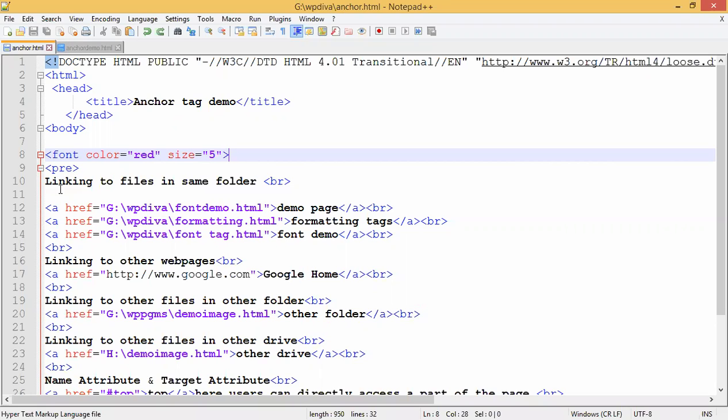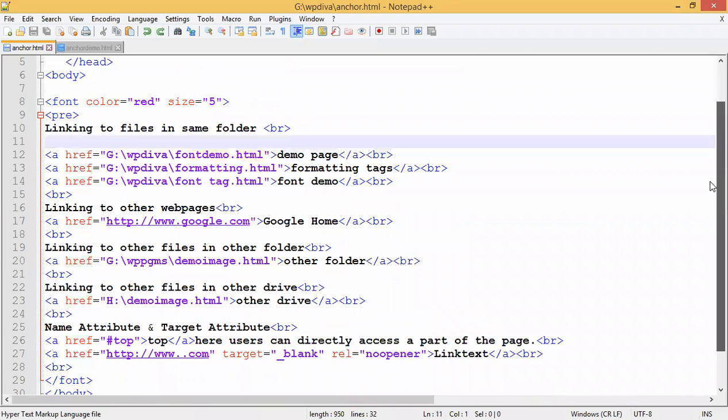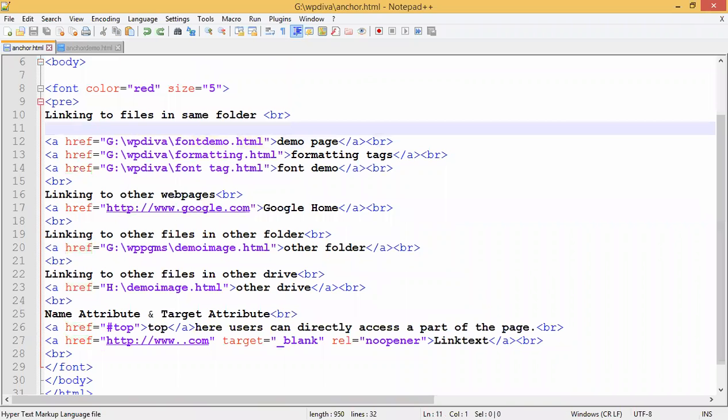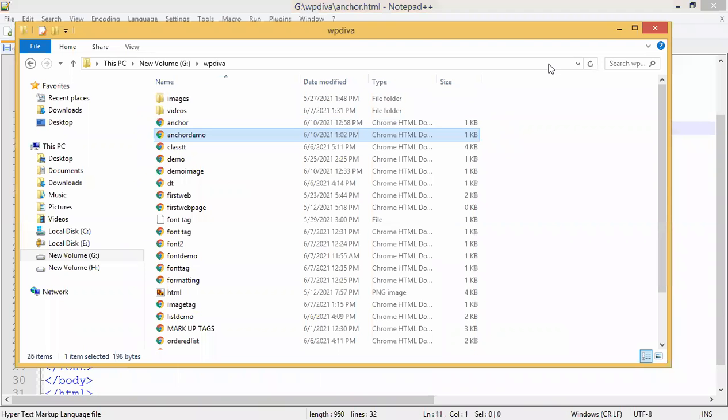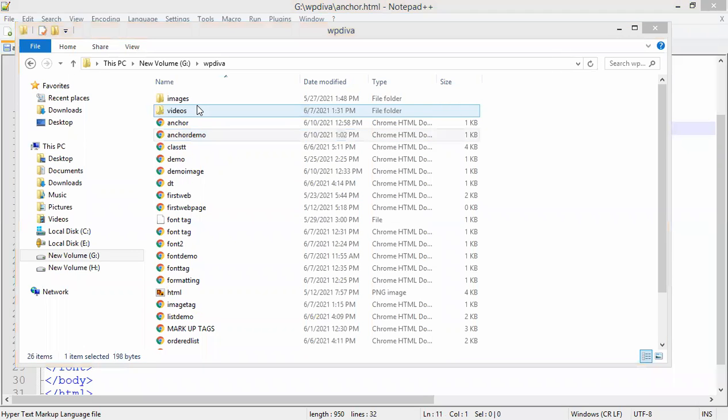Okay. Yes. So the main attribute is what, guys? Href, right? So the main attribute of your anchor tag is href. Remember that. One more attribute is there, that is called target, right? Now let us see the folder structure. I always tell you to keep in mind this folder structure, because all examples I'm taking from this folder only. So what is my program structure here, guys?